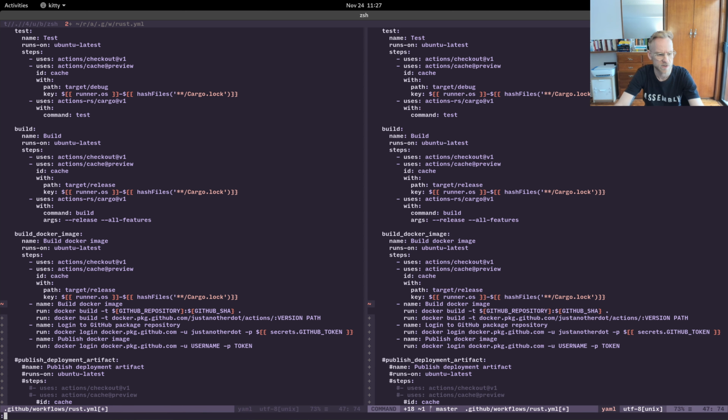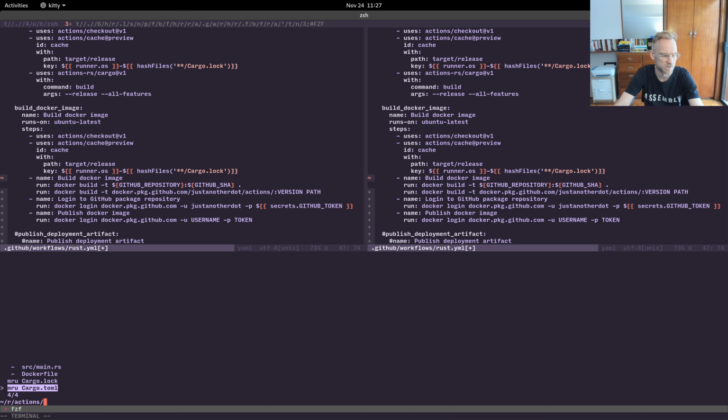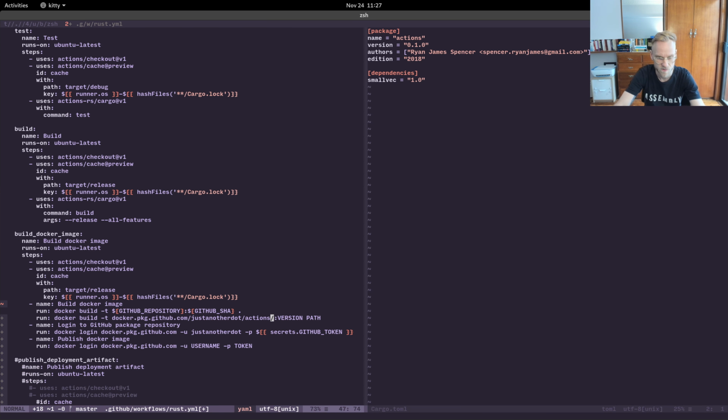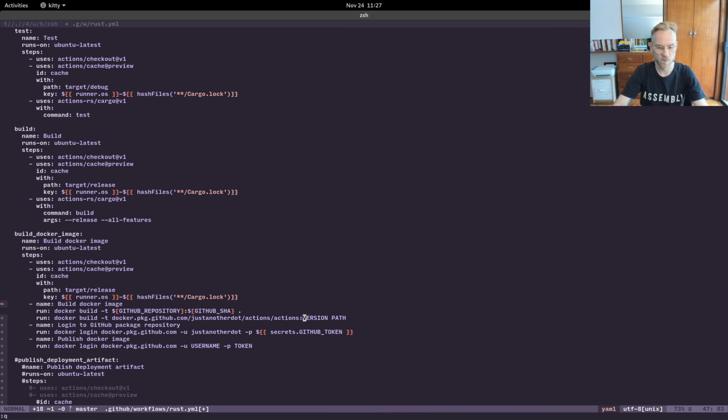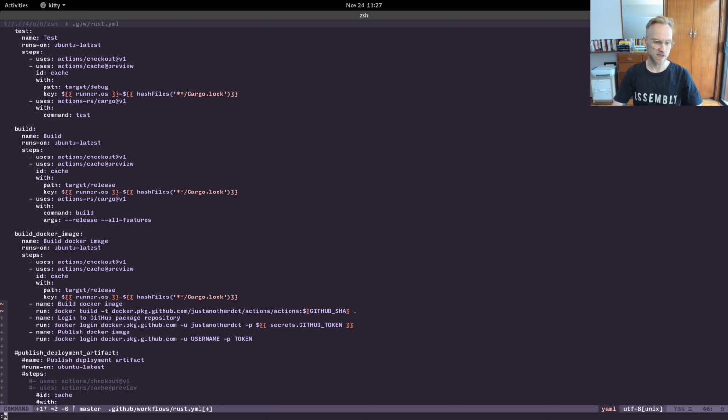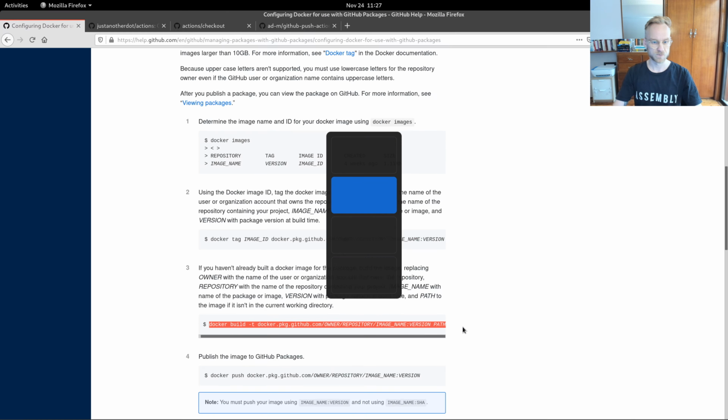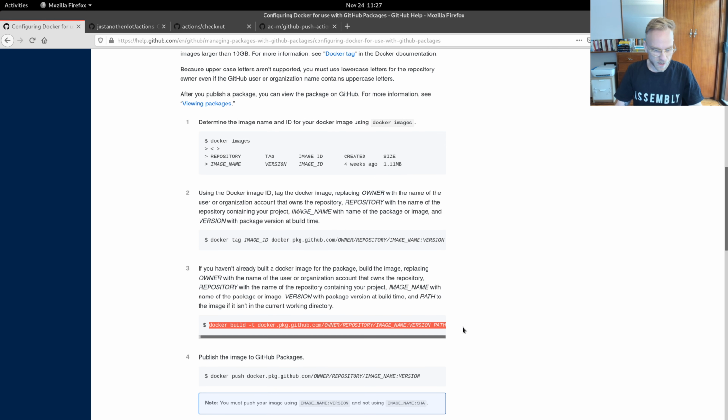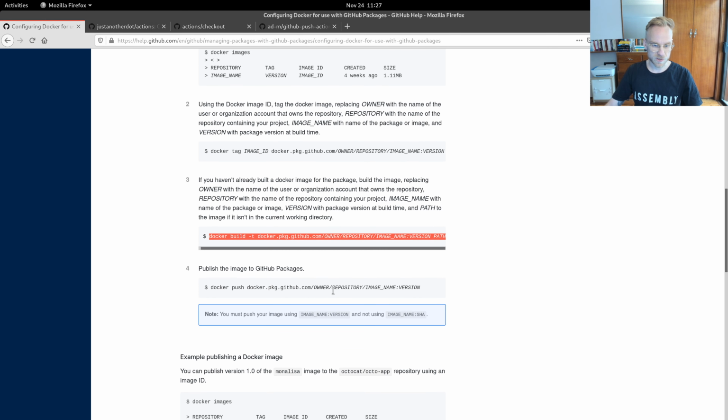I think we actually called it actions. And then the version is going to be the GitHub shell. Okay. Now, the last little piece of this equation is the path, which is just going to be the current directory. Okay. And then it says that we should publish this to